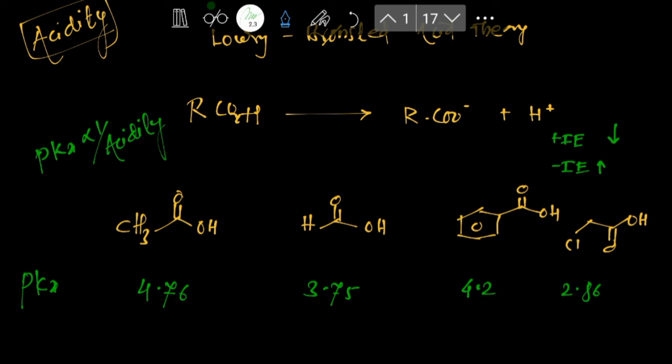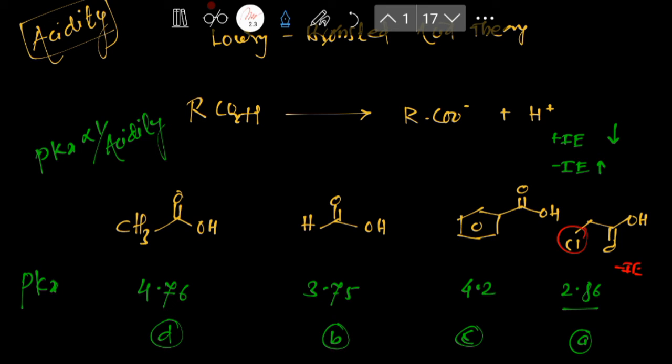2.86, for example. And if I have dichloroacetic acid, then the pKa value is 1.2. So you can compare the pKa with the acidic strength. Out of these 4 carboxylic acids, the most acidic one is this one, so I will give it the letter A. Then the next is formic acid. Then C will be this one, and D will be here. So these 4 simple examples indicate that here this is a minus I effect. Now here this is a minus I effect, so that's why the acidic strength will be more.